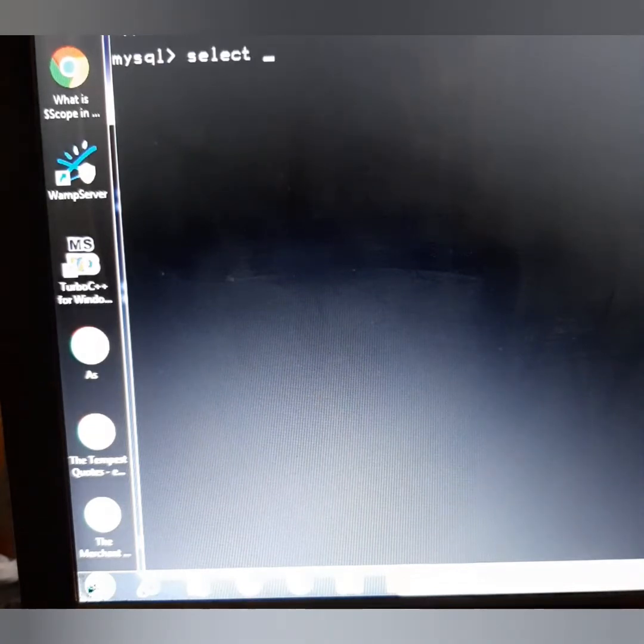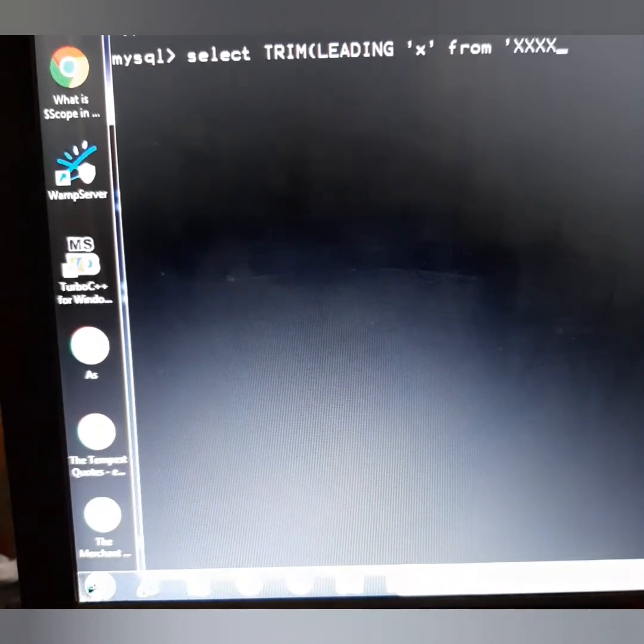Select trim leading X from 1 2 3 4 and then bar 1 and then 1 2 3 4 again, 1 2 3 4.